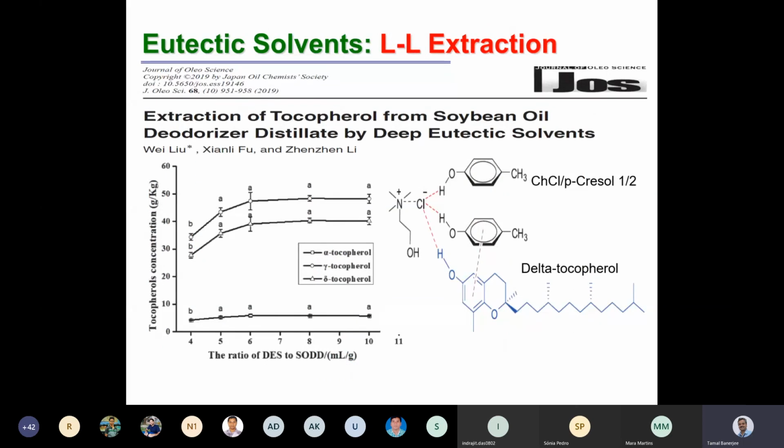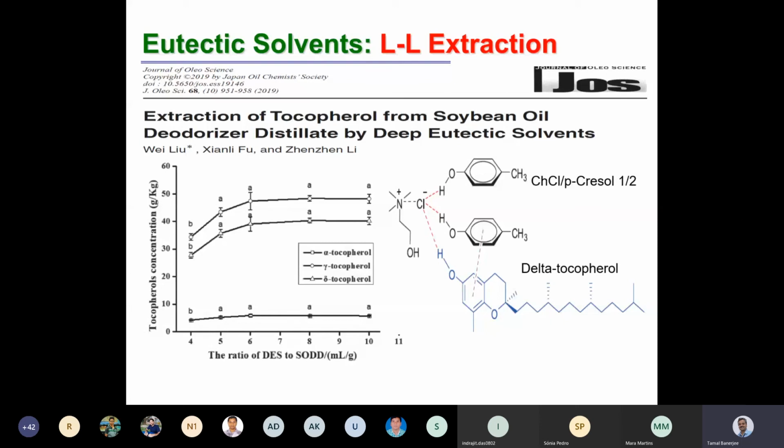And you can use liquid extraction. In this option you can use the eutectic solvents, the hydrophilic eutectic solvents, and hydrophobic molecular solvents here, but from waste: soybean oil deodorizer distillate. It's rich in tocopherol, vitamin A. So here you can see the variation of the ratio of the eutectic solvent to the soybean deodorizer distillate,